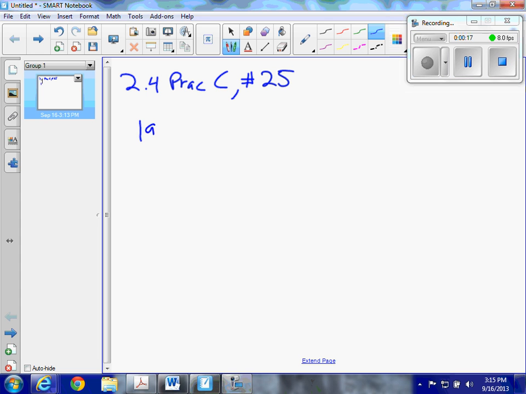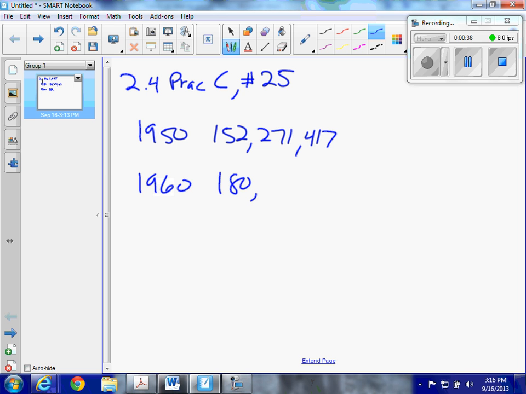It says in 1950, the population was 152,271,417. That's pretty precise. And in 1960, the population was 180,671,158. Now they say assume that a 5% variation of the actual from the forecast is acceptable. I'll write that down over here, but I kind of have a feeling that that's really not all that important,